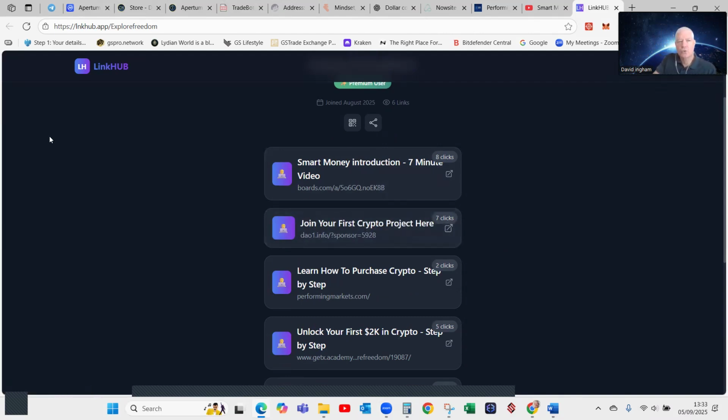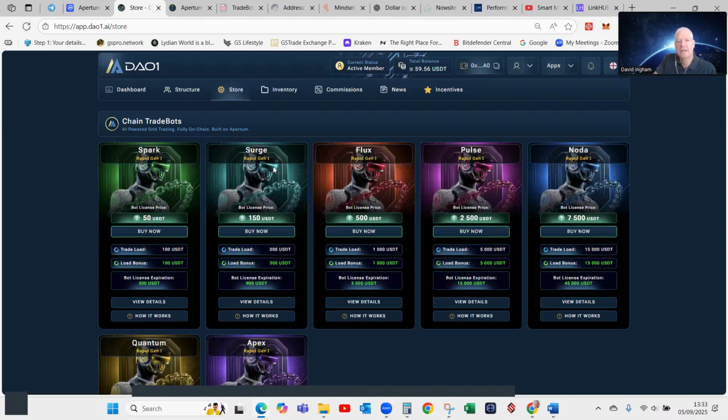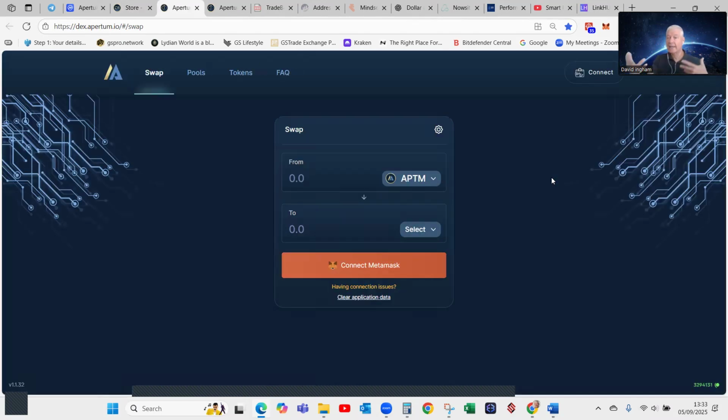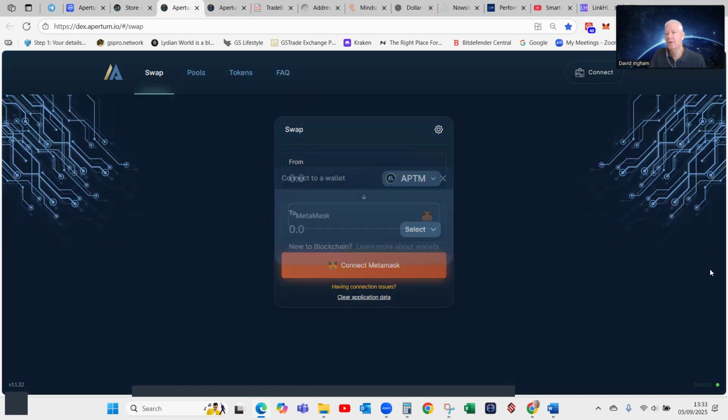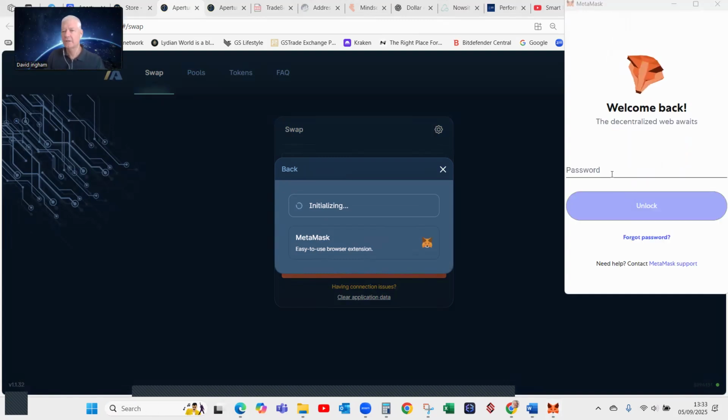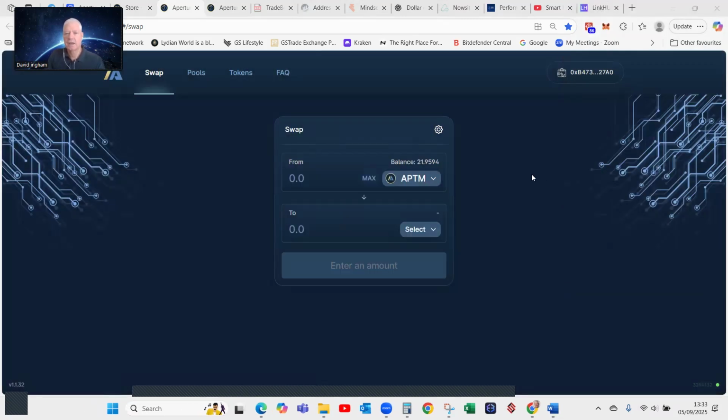So what's so cool about the project is this is the dashboard when you actually register and get yourself an account. And there's something called a DEX, which is like a decentralized exchange where our coin is trading at the moment, okay? And you can actually become part of a liquidity pool. And this is super, super powerful. And it's not that difficult to be part of this liquidity pool. So I'm going to show you this quickly. Just going to log into my MetaMask wallet. And then I'm going to show you.